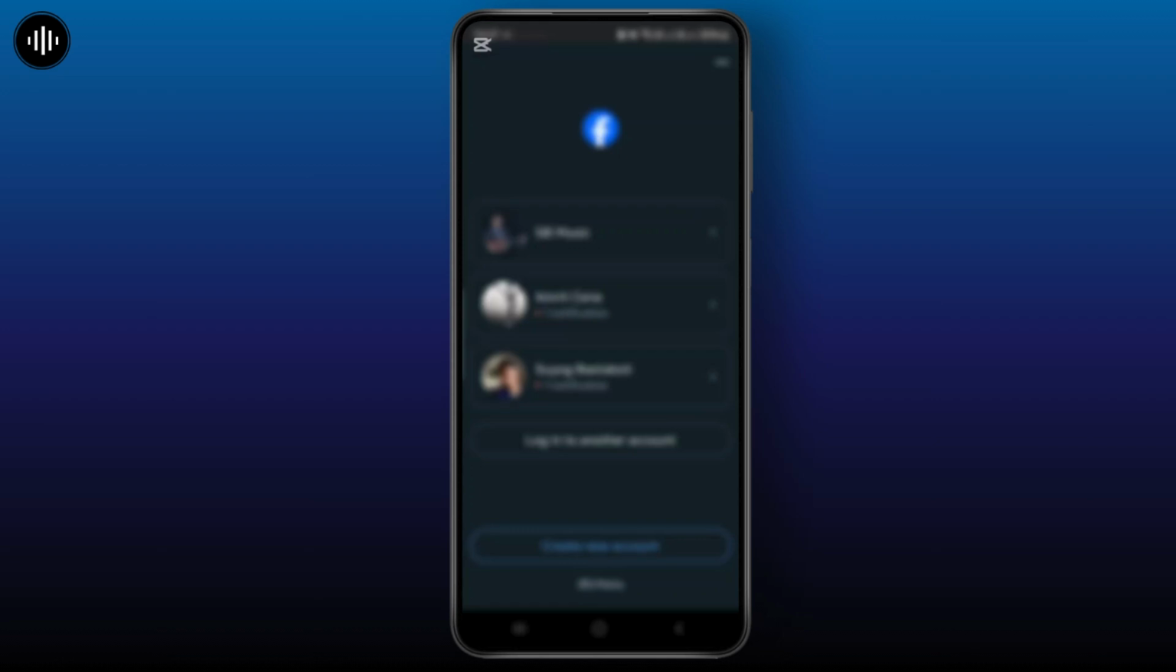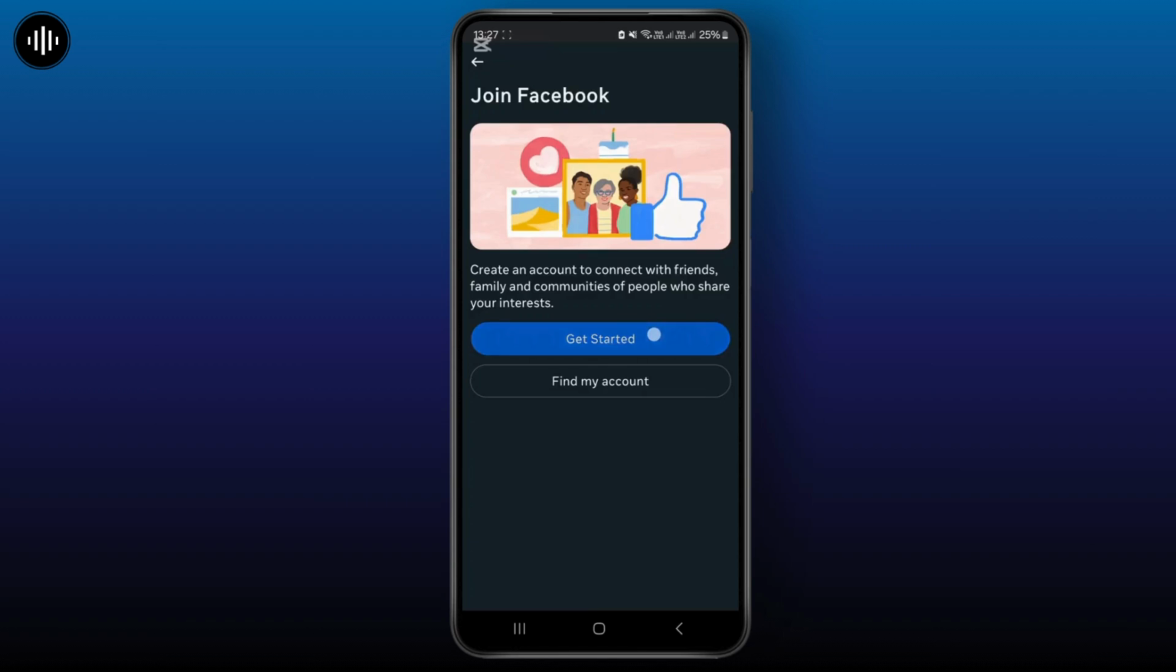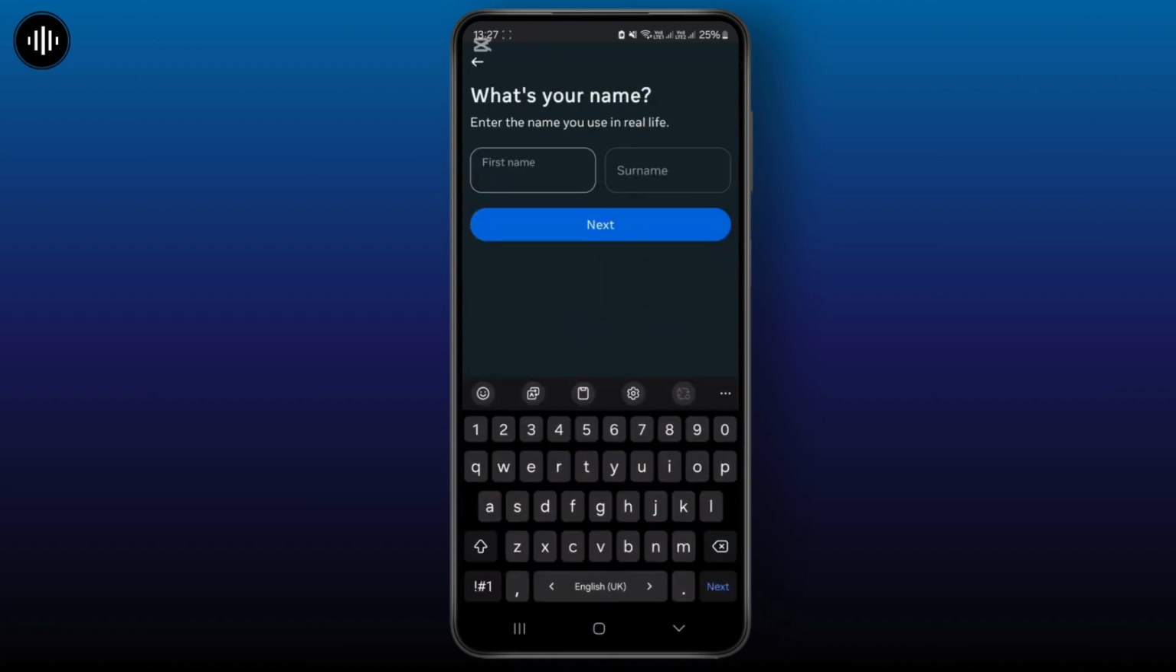Inside the Facebook application, you will see at the bottom a create a new account option. Simply click on that. Once you click on that, click on get started, and it will ask you to type in your first name and last name. Simply type in like this. For example, I will simply type this,